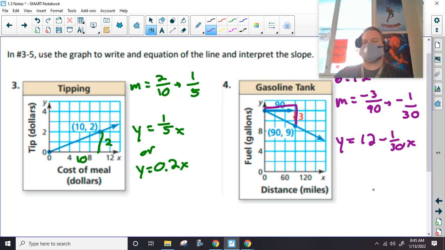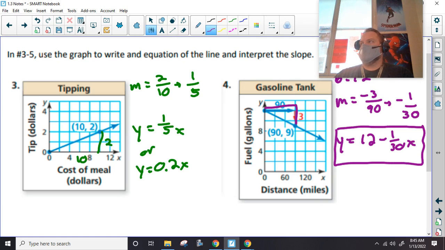now, is there any reason that the way I wrote it is wrong for our answer right here? Is that right or wrong? Exactly. It doesn't matter. There's actually no reason that we could write it like this